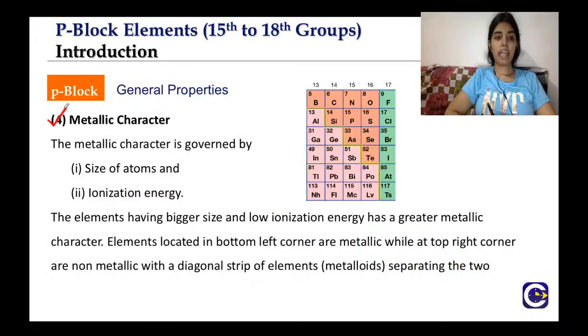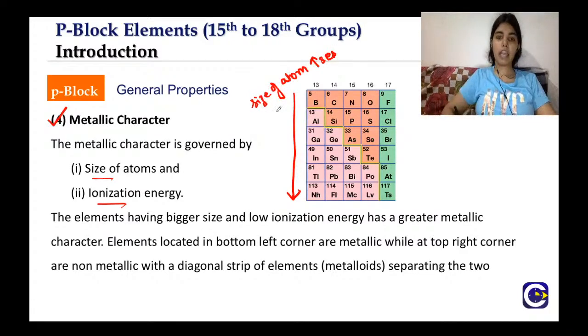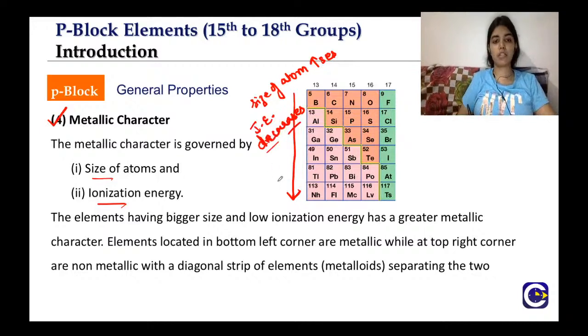Now coming on to the metallic character, the metallic character is governed by the size of atoms and ionization energy, right? So here, down the group, what happens is that the size of atom increases, right? And down the group also ionization energy decreases. Ionization energy decreases because there is an increase in the size, so there will be lesser force of nucleus towards the electron. So what will happen is that the elements which are having bigger size and low ionization energy have